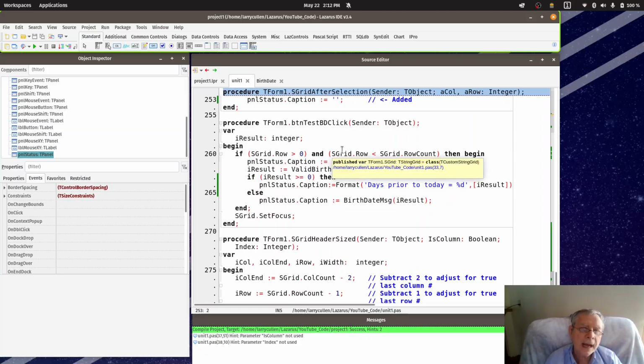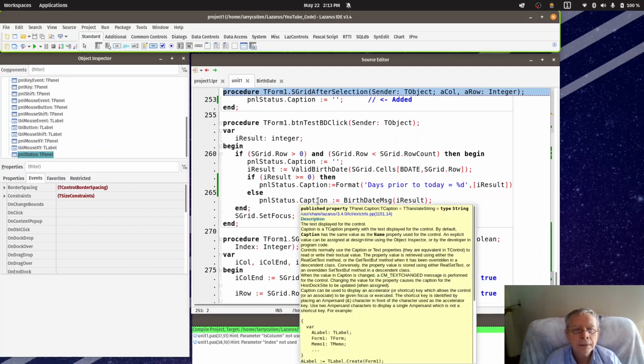So what I do now is, if the row is in the range that it should be, I clear the caption, I run the valid birth date thing for the birth date column and the current string grid row. And then I output the appropriate panel status caption depending on what's